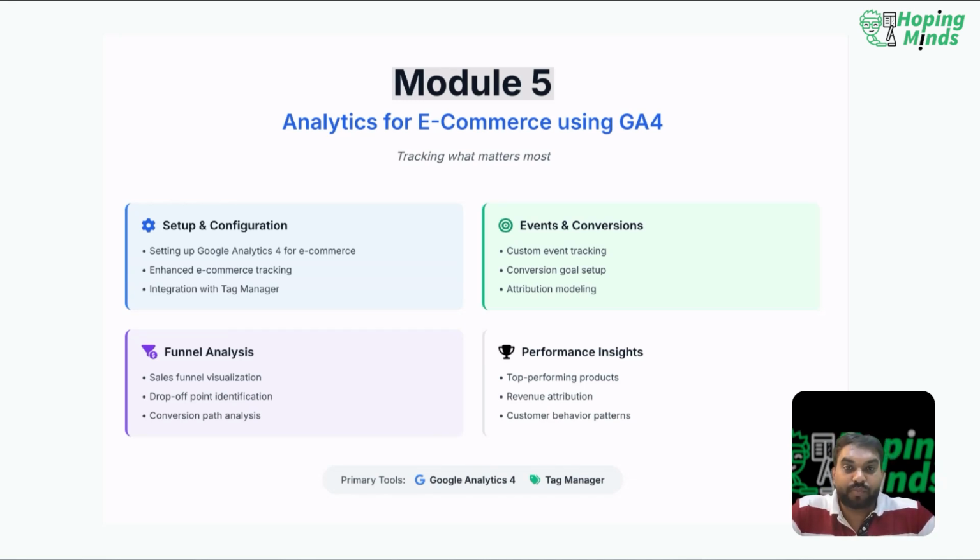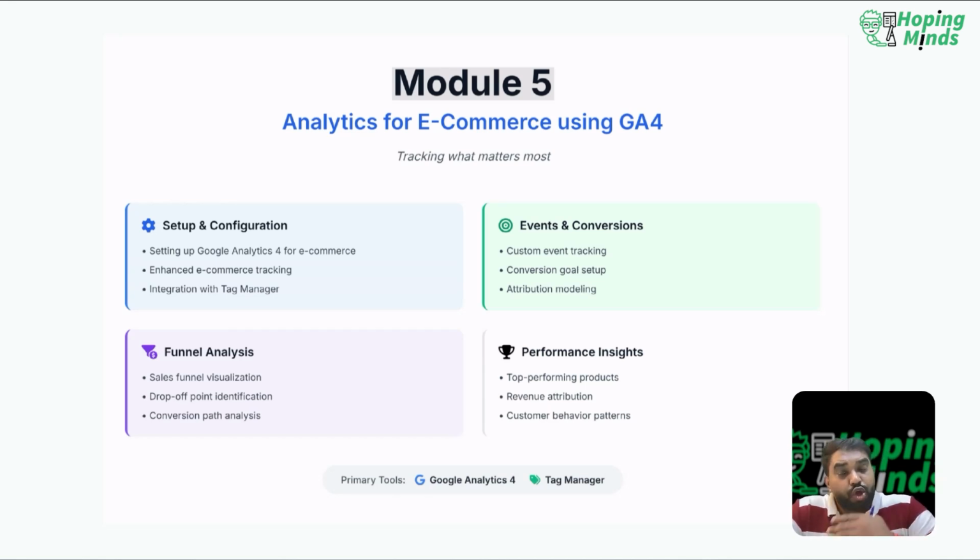This is how GA4 stops being a reporting tool and starts becoming a growth tool. But for that to happen, you need to get familiar with one of the most powerful features in GA4, which is explorations. Explorations let you build custom reports, funnels, and paths based on your actual user behavior. So let's say you want to know how many people viewed a product, clicked a review, added the product to cart, and then bounced. You can build that path inside the GA4 exploration tab and see the exact drop off at